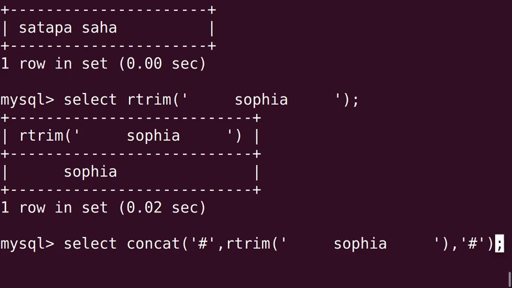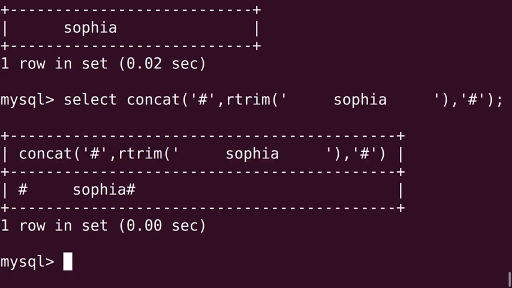Close the concat function's bracket and then press enter. So from here you can easily make out that after Sophia the trailing spaces are removed, because where the A ends, just after that you are getting the symbol hash, isn't it? That means after Sophia all the spaces are removed.